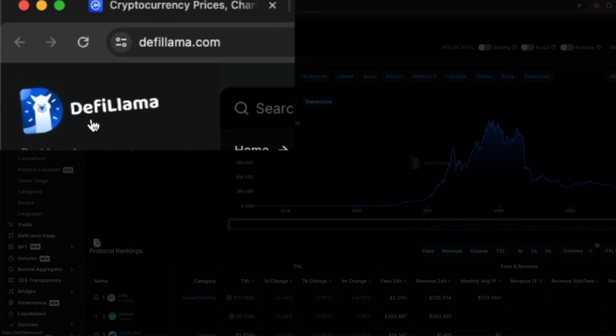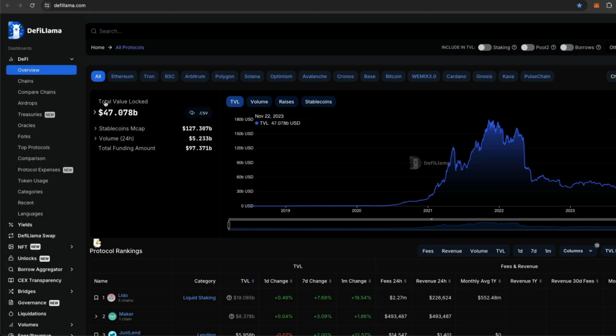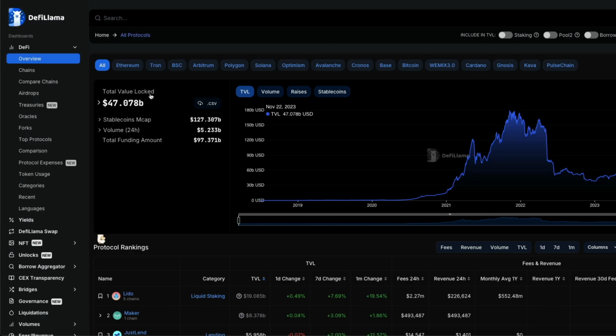Now, DeFi Llama allows you to take a look at the total value locked in any particular blockchain or protocol. Total value locked is basically the amount of funds that people have put into a blockchain or a protocol that they can't easily take out. They've put this money into the protocol or blockchain and it's pretty much sitting there, and that value is locked up until those individuals decide to pull the value out. This can be a big indication, right? Because it's basically like putting your money where your mouth is. People will generally put their money where they feel it's safe and where it's offering the best opportunities. And so it can show you where people are putting their money into the market.